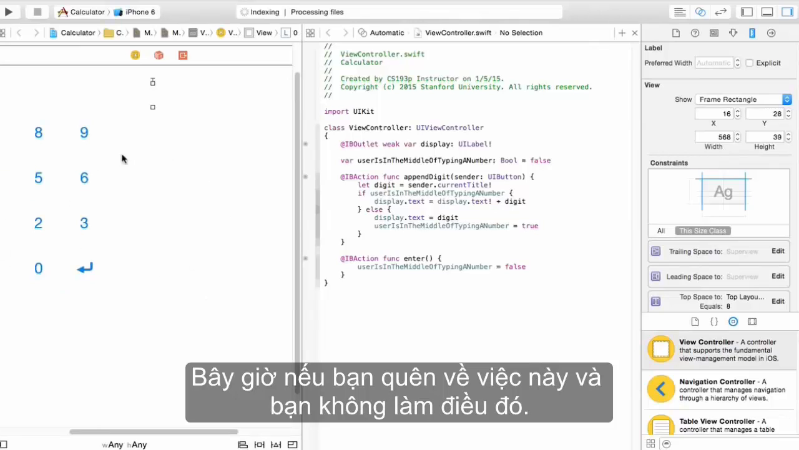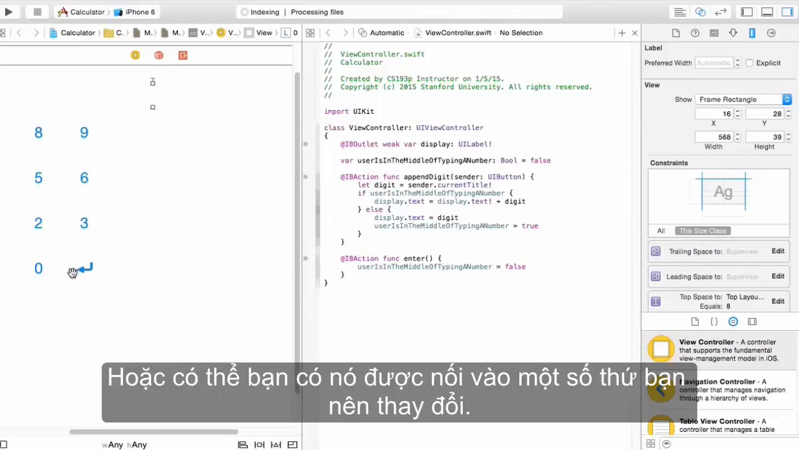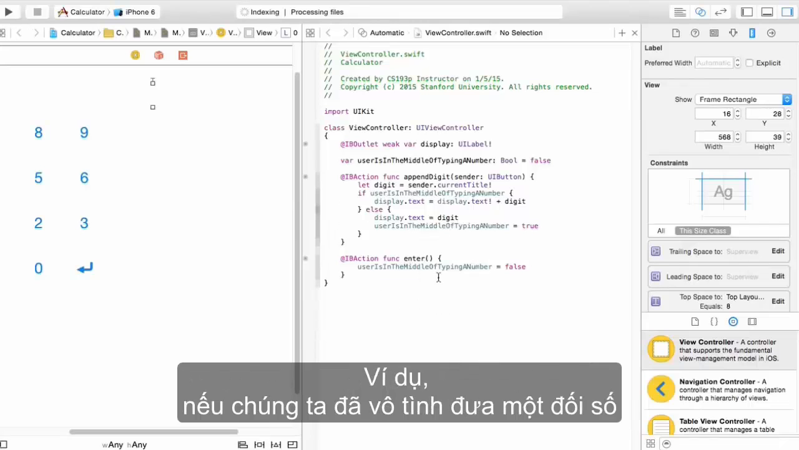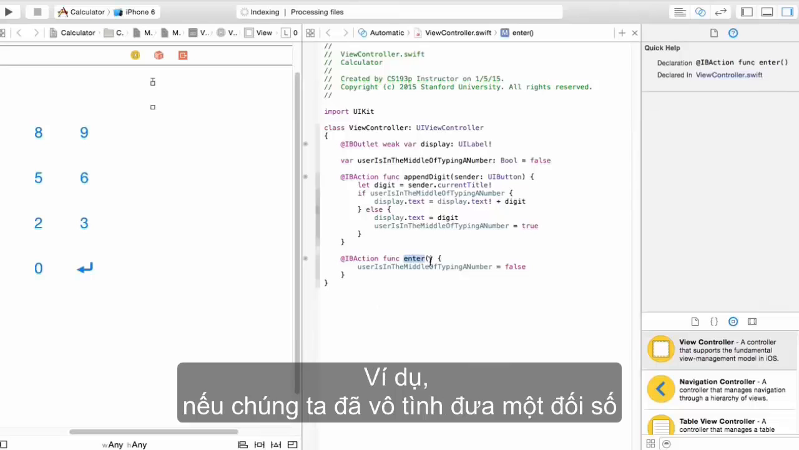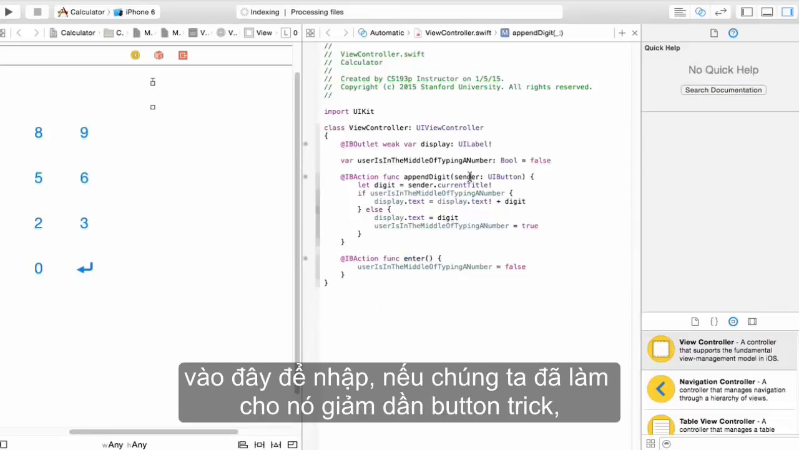Now, if you forget about this and you don't do it, or maybe you have it wired up to something that you changed. For example, if we had accidentally put an argument here to enter, if we had made it do the sending button trick, kind